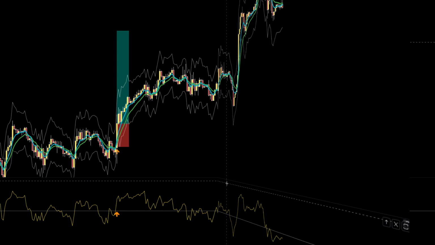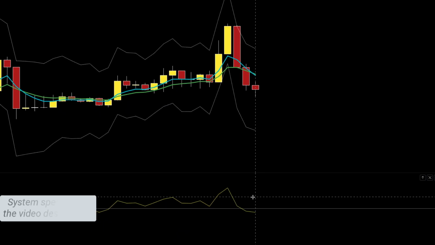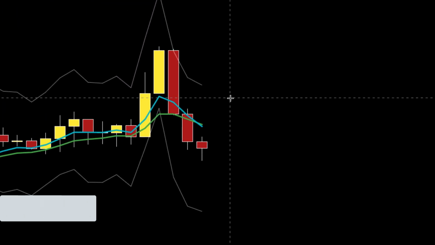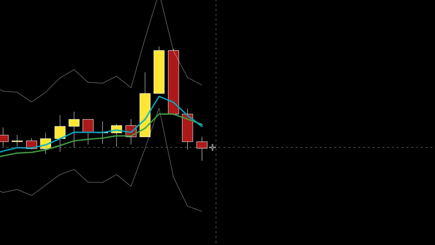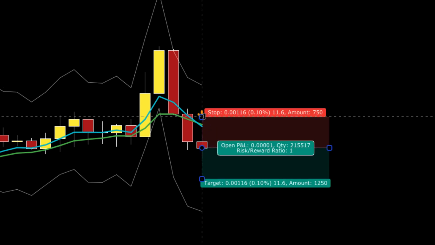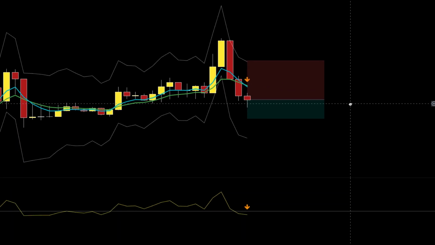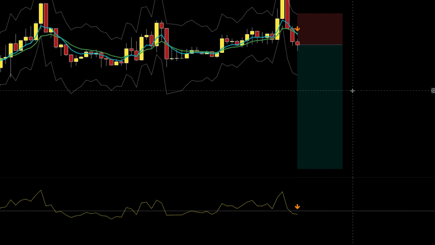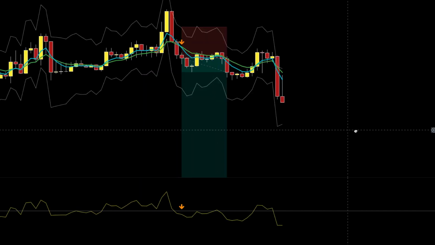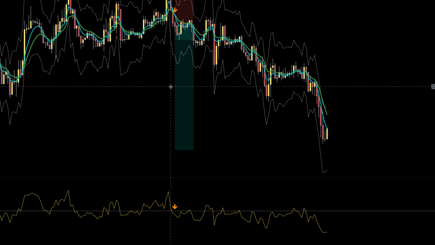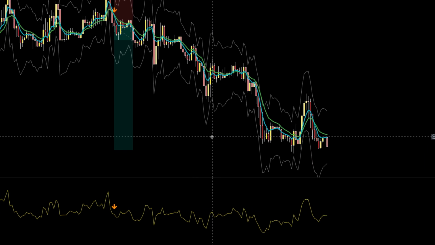Now let's flip to shorts. So for shorts, we're looking for the exact opposite of longs. We're looking for the RSI to move below the 50 line, and for the 5 EMA to cross below the 10 EMA. And everything happens on this candle right here. So we are going to enter at the close of our trigger candle, put our stop at 2 times ATR, and we are going to target, again, 4 to 1. Now let's see how this one plays out. And that one is another winner.